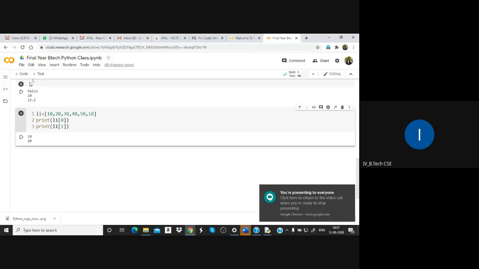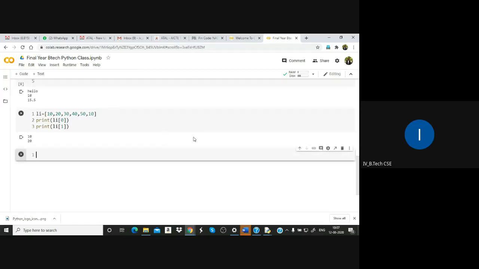Now let us see for loop. So how to write comments in Python using hash.